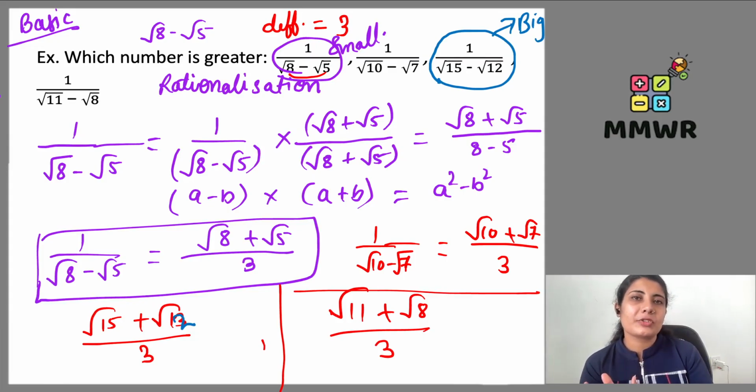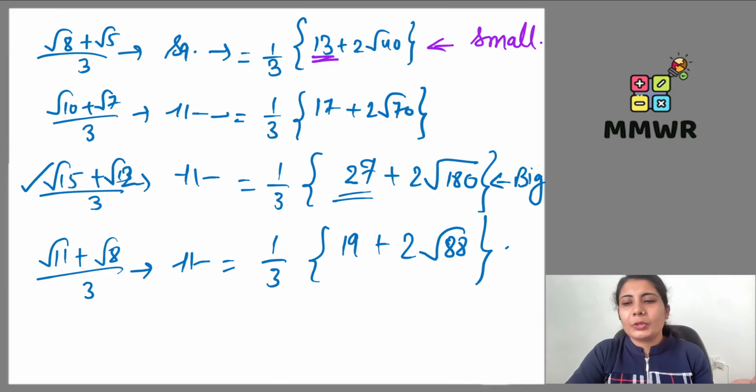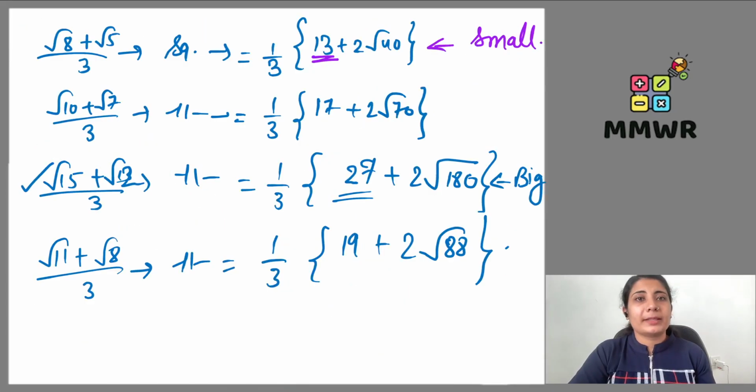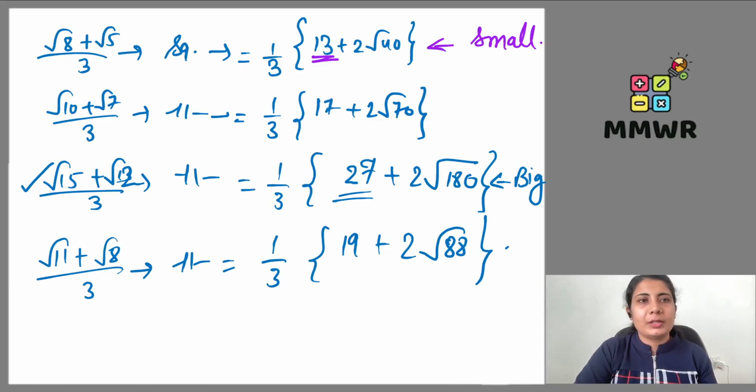After doing the rationalization, everywhere I got the same denominator 3, which can be ignored also because it's the same thing everywhere. अगर different होते then we would have to take care of it. Okay, so likewise we compared it. I hope it's easy. Now the shortcut method, coming to the part 1 upon root 8 minus root 5, first number,